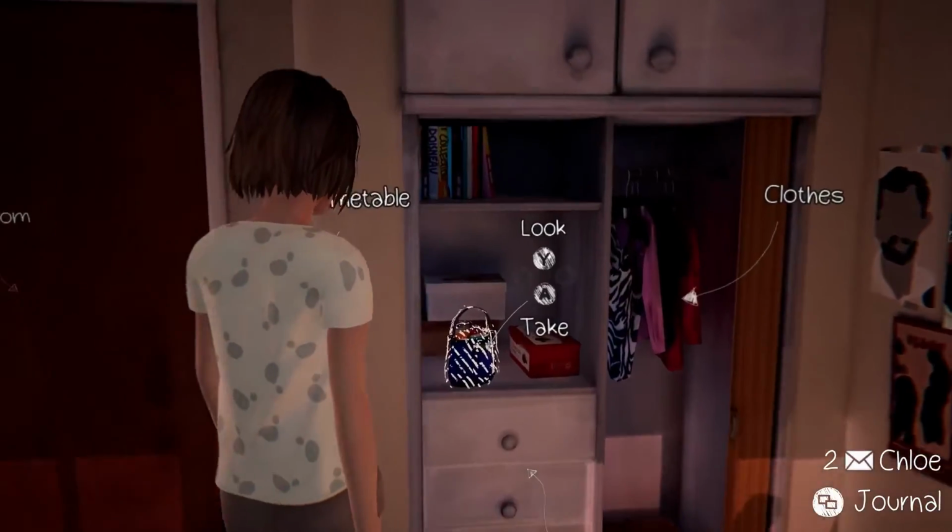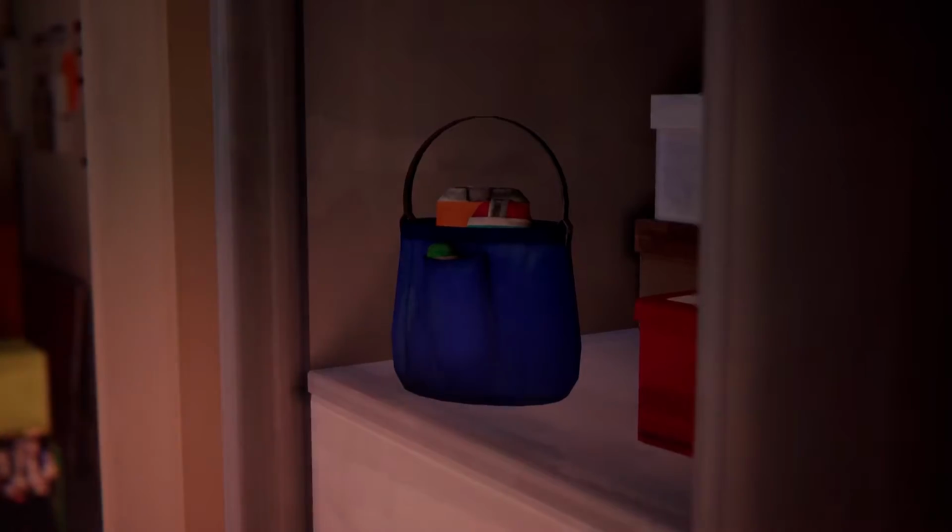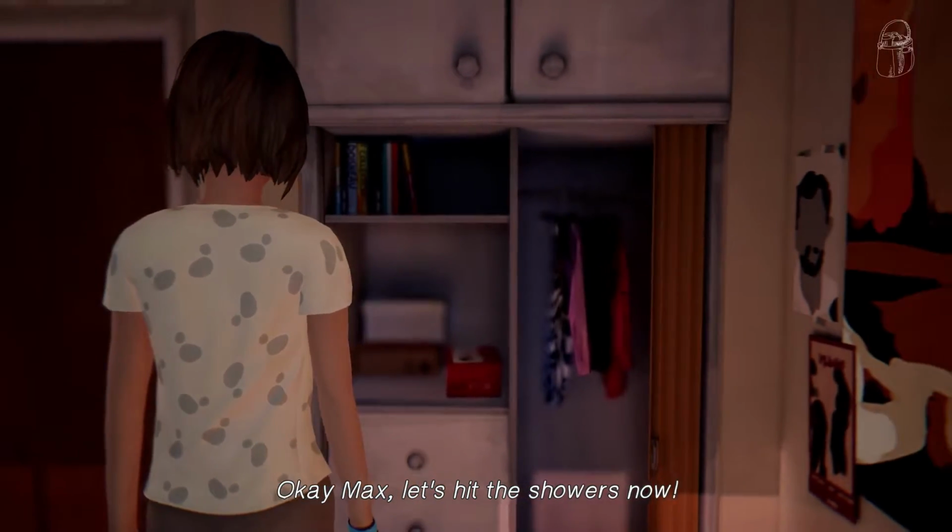Turn off your alarm and you'll have to press a button to get out of your bed, or you will just lie there. Go to your wardrobe to the right of the door and pick up your shower supplies and